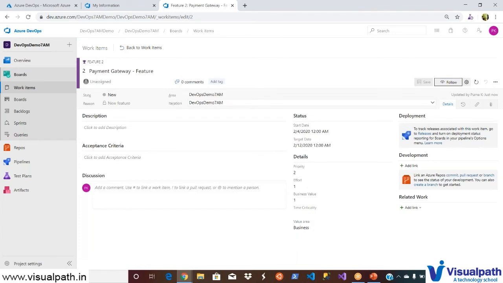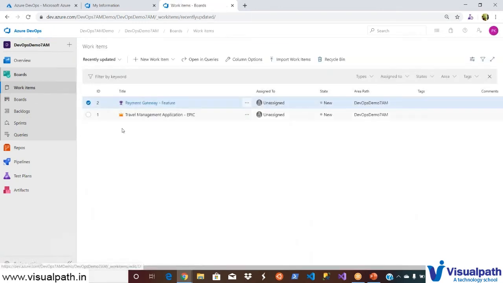Okay. Now, as I told you, all these work items have a parent-child relationship. An epic will contain a number of features. A feature will contain a number of tasks. So we need to associate them with each other. Okay. So if you go back to work items, now you can identify an epic like this, with a crown symbol, and a feature with this cup symbol. Okay. So we can associate this epic to a feature or a feature to an epic in multiple ways.